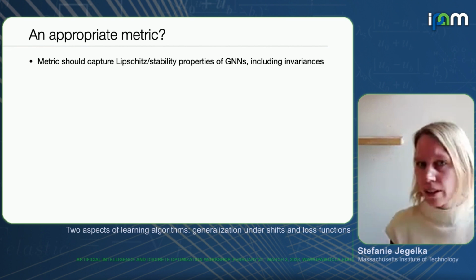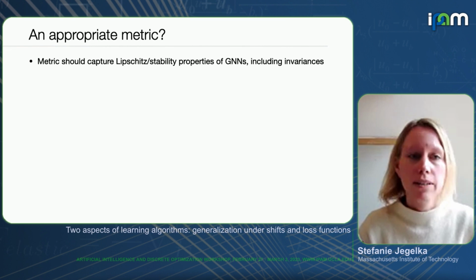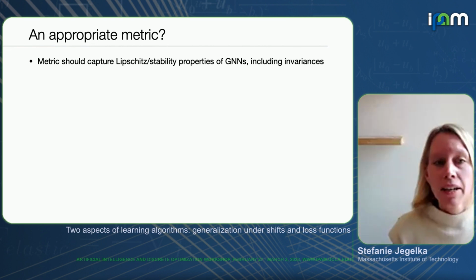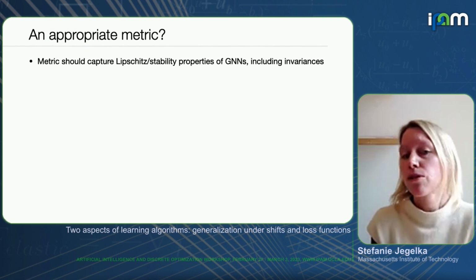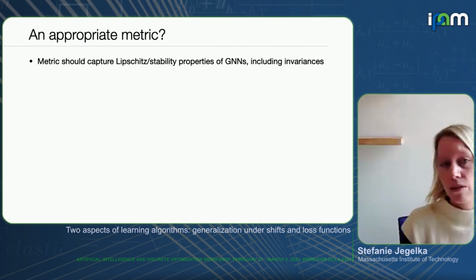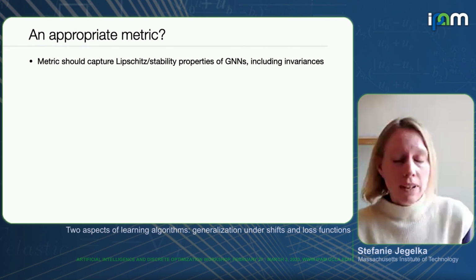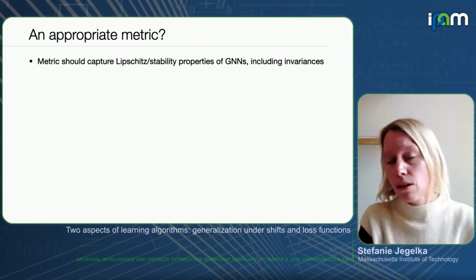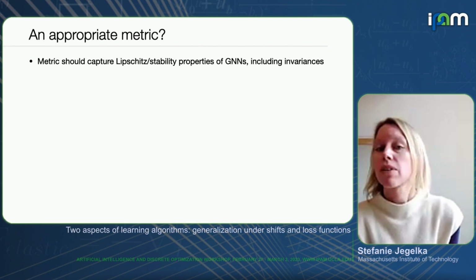So it's known that graph neural networks cannot distinguish all possible graphs. Otherwise, it would be too good to be true. So there are certain graphs they cannot distinguish, and maybe my metric also wants them to be the same because it just wants to represent how well graph neural networks distinguish the graphs and how their behavior changes. If they cannot distinguish the graphs, they will give the same output.